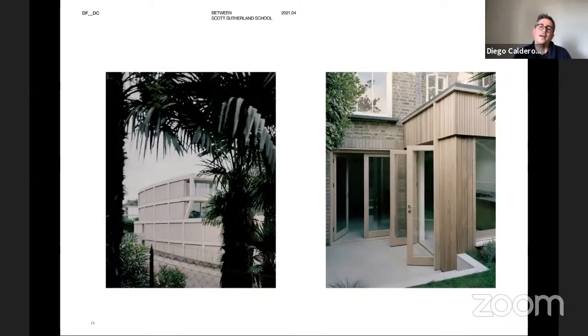So actually this is a good example of, I wouldn't say maybe the everyday at the office, but the type of different scales and different locations and geographies, and also types of clients that form the basis of our practice. And we think we are a particular practice in that respect, in that we're involved in large projects, sometimes very large, but at the same time, this duality allows us